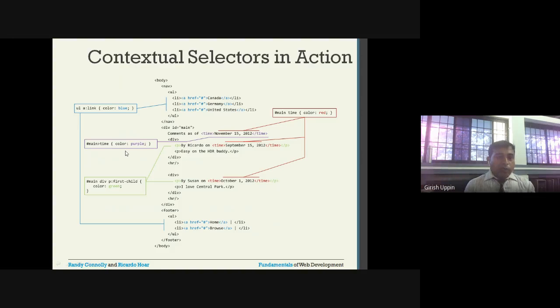One example we will see is that whenever we have more specific styles, those styles will be applied. In this case, when you say descendant, child, grandchild, great grandchild, anybody is applicable. But this rule is very specific. It says when time is present as a child, then you should apply the color. When we have very specific rules, it applies the specific rules first, then it goes for the generic rules. That's why this particular text is shown in the purple color, not in the red color.